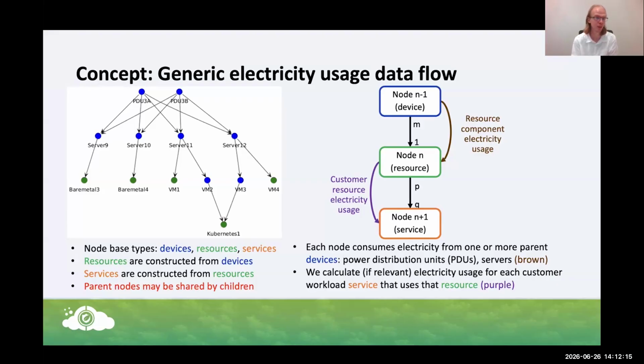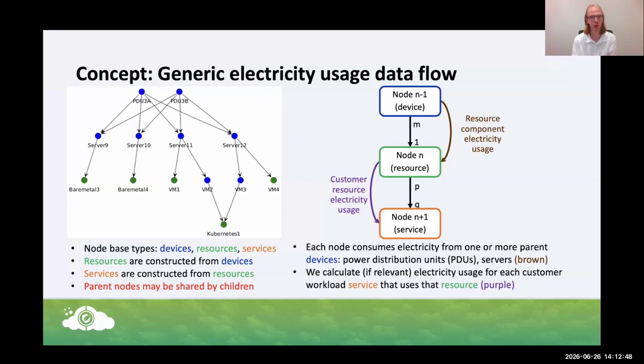And then upon these servers, you could either host platforms like VMs or Kubernetes pods, or you can resell these bare metal servers to your customer directly. So there are different kinds of resources that could then become services. So in this graph, we show that this is really like a layered setup, and data is coming in from the top all the way to the resources that can then be made available to a customer.